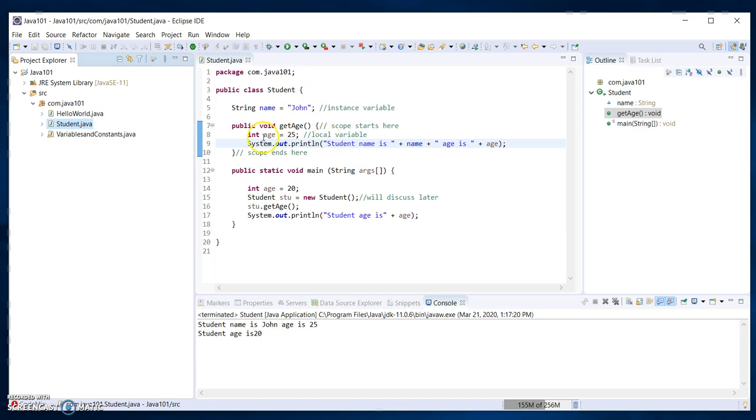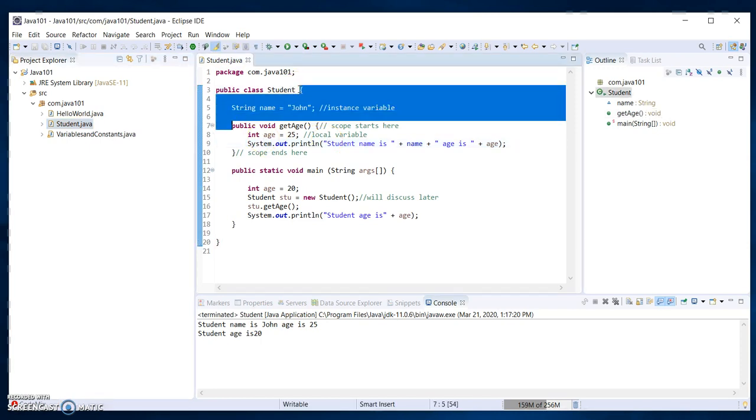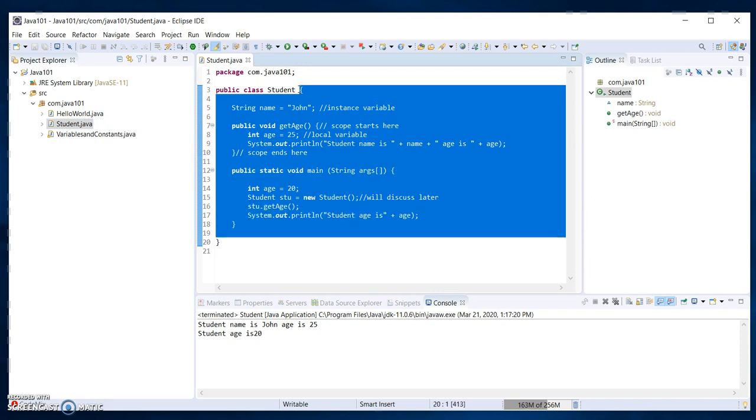Okay, so a instance variable ta amra access korte pari anywhere from this, and the scope of the instance variable is within the class. Okay, so within the class we can access it from anywhere. On the other hand, local variable we can access only within that method itself. Okay,